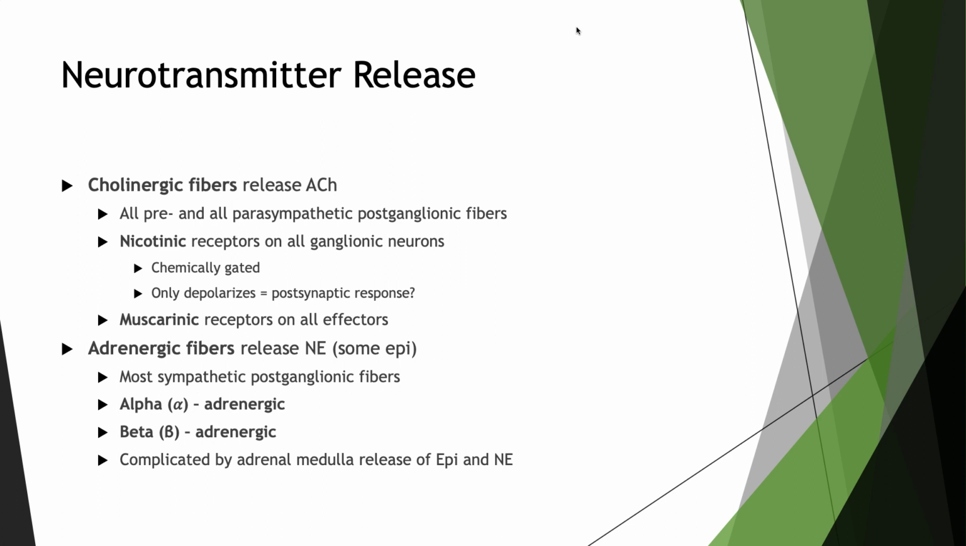Whereas postganglionic parasympathetic fibers release ACH. Depending on the neurotransmitter and its corresponding receptor, this will create different reactions within the body. Examples of this are heart rate, where epi and norepi will increase heart rate and ACH will slow the